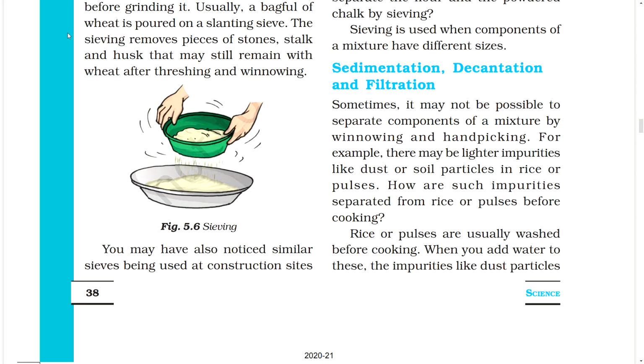Sedimentation, decantation, and filtration. Sometimes it may not be possible to separate components of a mixture by winnowing and handpicking. For example, there may be lighter impurities like dust or soil particles in rice or pulses. How are such impurities separated from rice or pulses before cooking? Rice or pulses are usually washed before cooking. When you add water to this, the impurities like dust particles